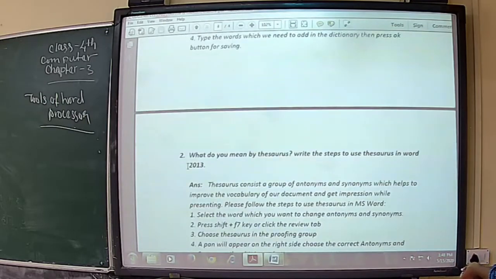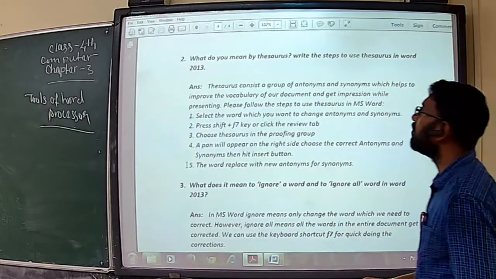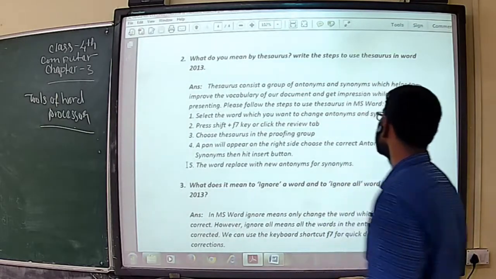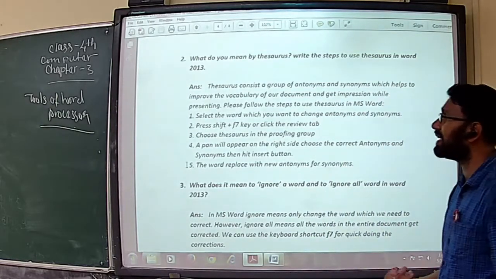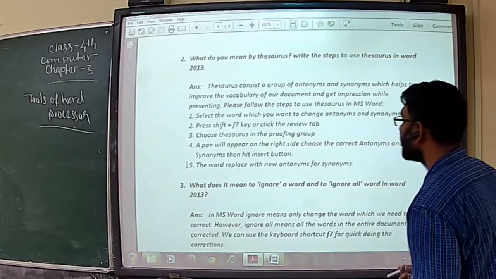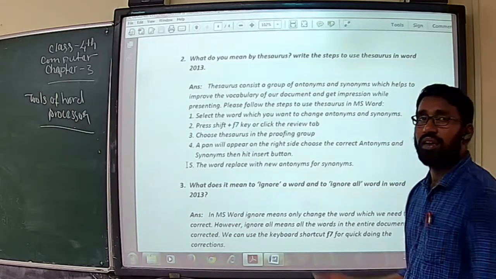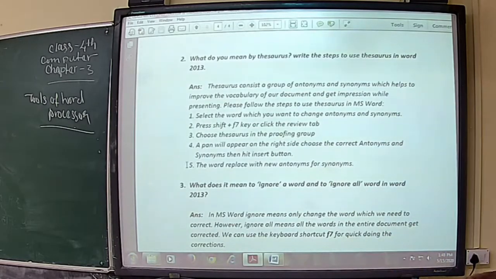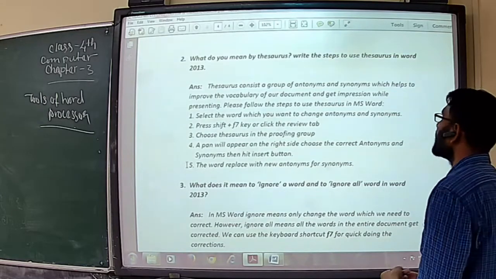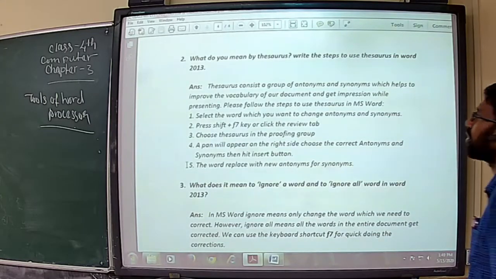Then the second question: what do you mean by thesaurus? Write the steps to use the thesaurus in Word. Not only in one version, in every version of Microsoft Office Word we will get the thesaurus option. Thesaurus consists of a group of antonyms and synonyms which helps users to improve the vocabulary of our document and